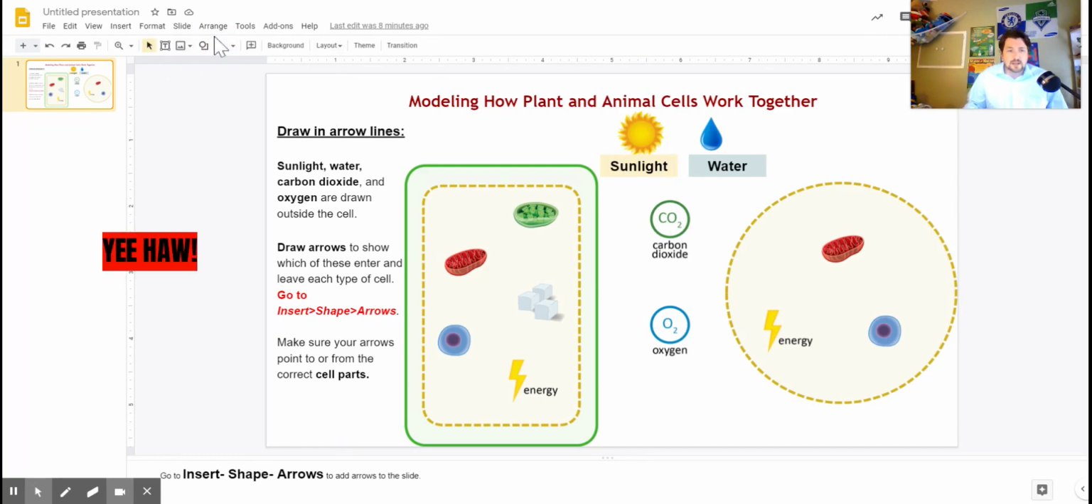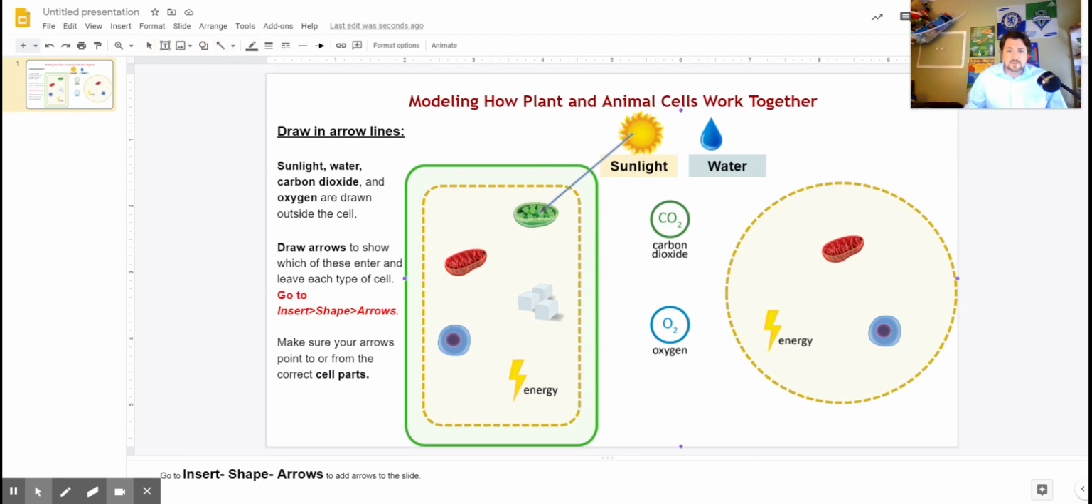I'm going to start off by grabbing some arrows here because we are going to draw lots of arrows. First off, we're going to start with this chloroplast here in the plant cell. The chloroplast's main job in this plant cell is to make sugars. For it to do that, it's going to need three ingredients. One, it's going to need this sunlight here. It's going to take in some sunlight. It's going to use that sun energy to combine